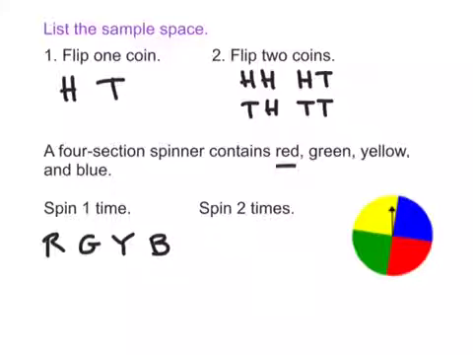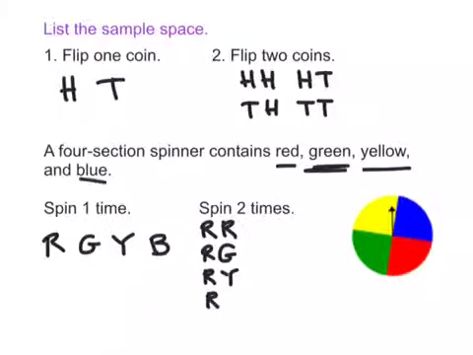So I'm going to start with red. And let's say my first spin was red. Well, what could follow? Well, red could follow again, or green could follow, right? Or I could spin red and then yellow, or I could spin red and then blue. That would be if I spun red first. Well, what if I spun green first? Well, green and then red, or green and then green again, or green and then yellow, or green and then blue. And we can continue this chart with